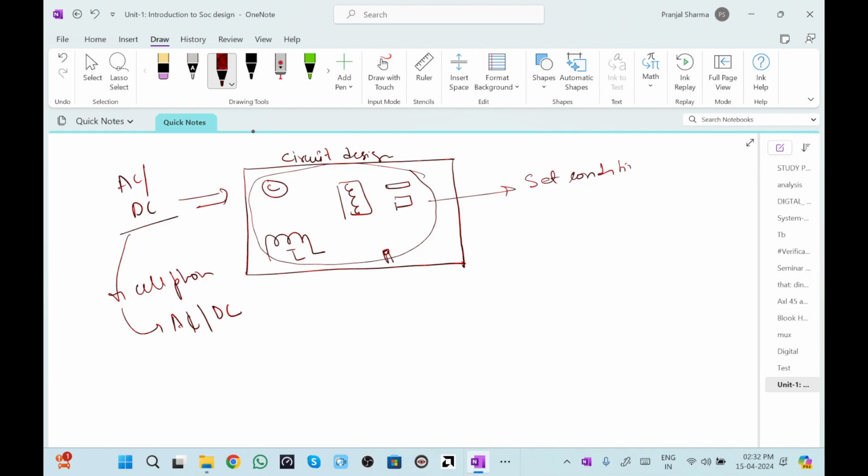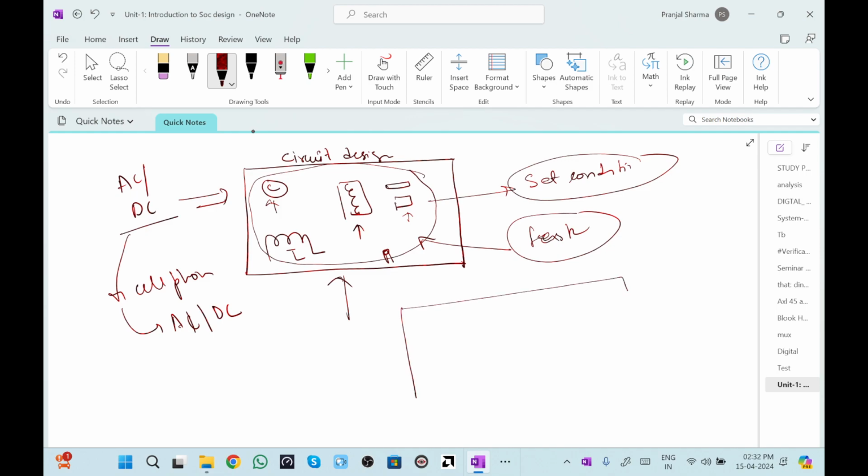Set conditions mean they have a particular task which they are running inside it. Like this AC-DC converter which I have tried to explain, it will contain capacitors, transistors, transformers, and diodes. Similarly, an SoC environment will have these types of circuits inbuilt which are performing different architectures.